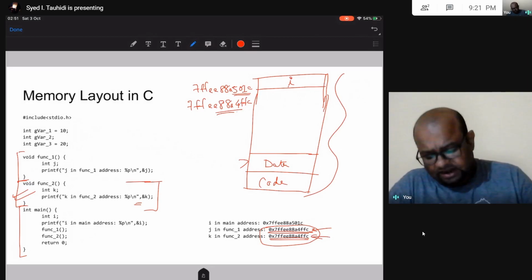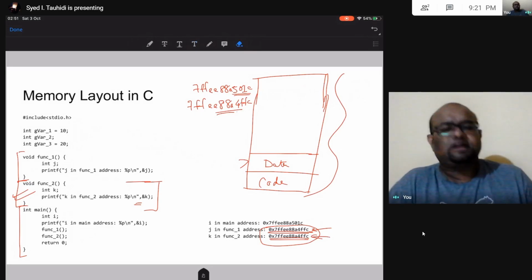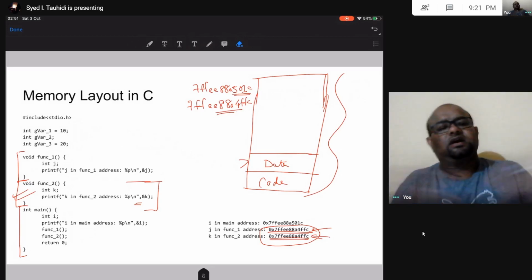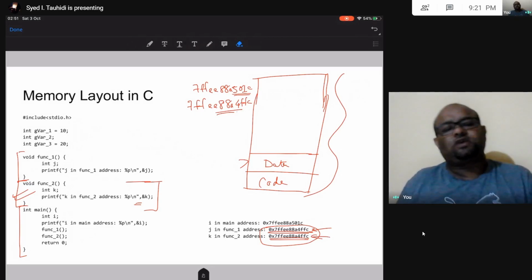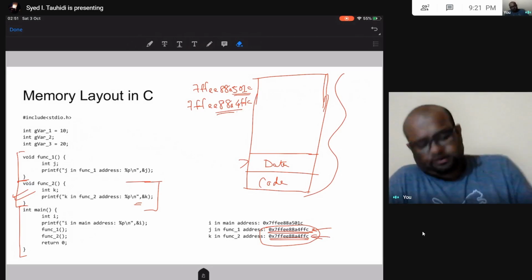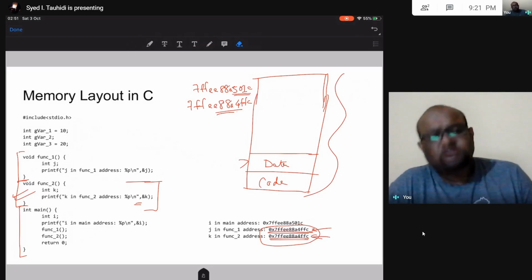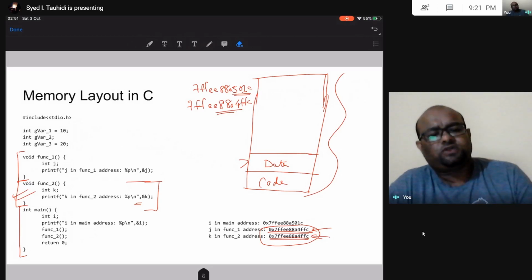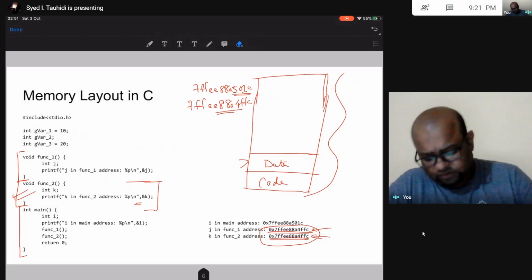And then when I return from main, my stack is going to become empty. But when I return from main, my program is also going to end, and then the operating system is going to deallocate this entire memory. This entire memory is now available for use by some other program once I return from main. So once I return from main, the stack is going to get empty, and my program is also going to end. So yeah, this is what I have.